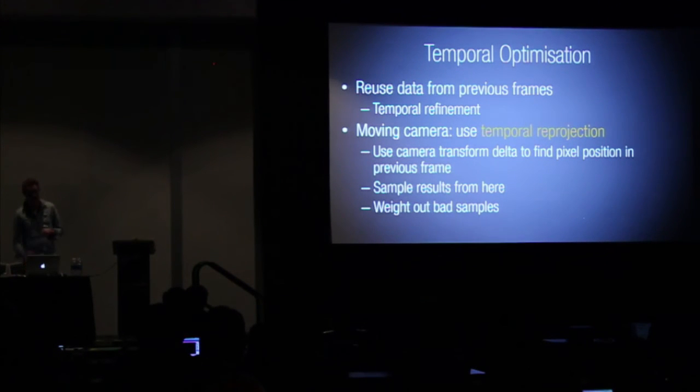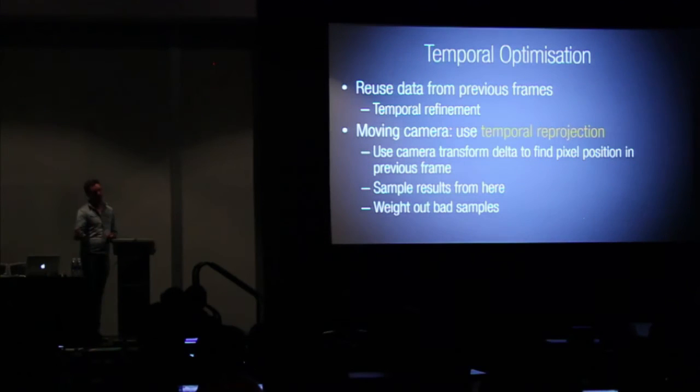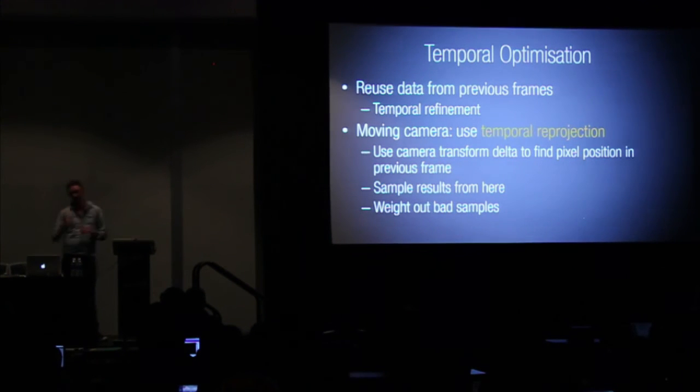So this is where temporal reprojection comes into play. Temporal reprojection is where you have the current frame and you've got the depth buffer, so you know where the pixel is in space, in world space. And you invert the camera transform and you go back to work out where it was in the previous frame's screen position. So you can track it through space. Similar idea to camera-based motion blur, really. So if you know where the pixel was in the last frame, you can sample its ambient occlusion result from there,